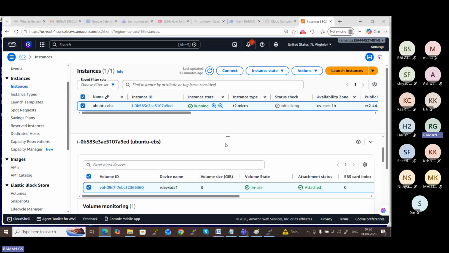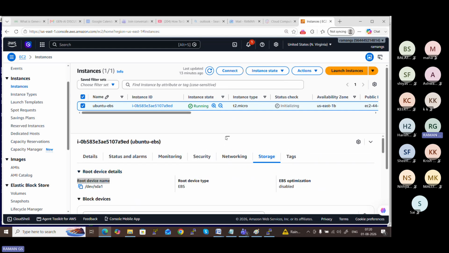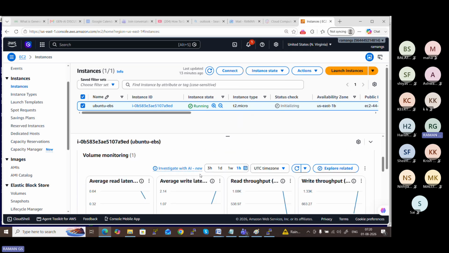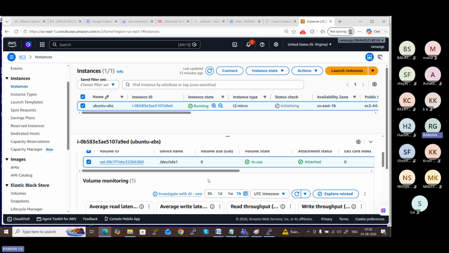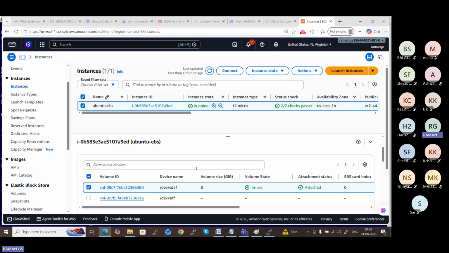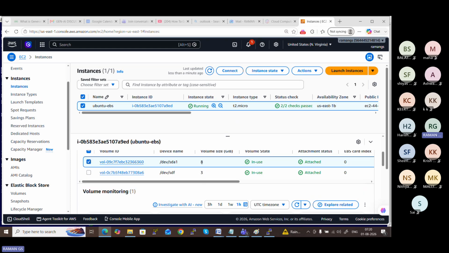Earlier, when you selected the storage tab, it showed only one hard disk, 8 GB. Now, when you refresh the screen, you can find there are two hard disks. One 8 GB, another one 3 GB. Is it clear? Now a new hard disk has been attached.